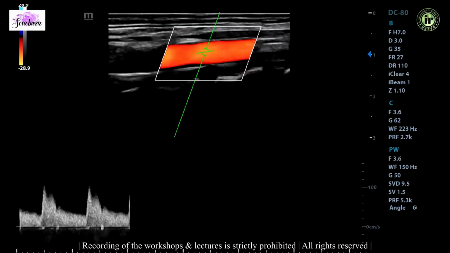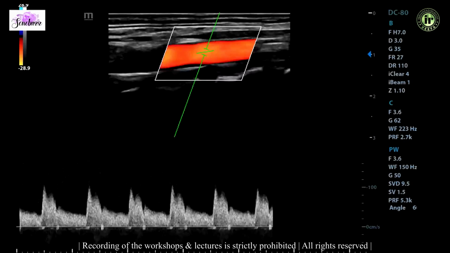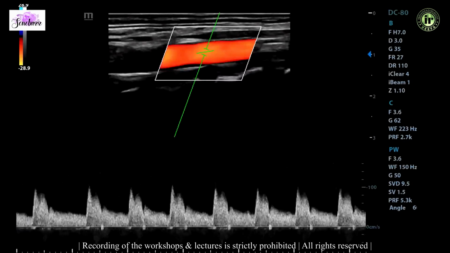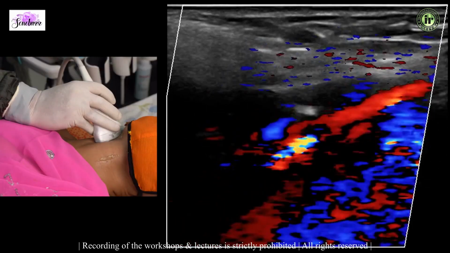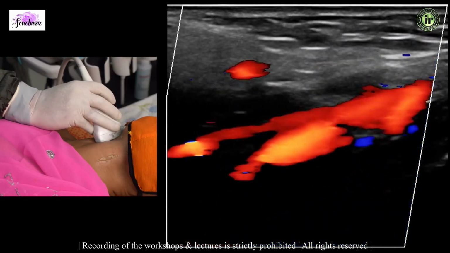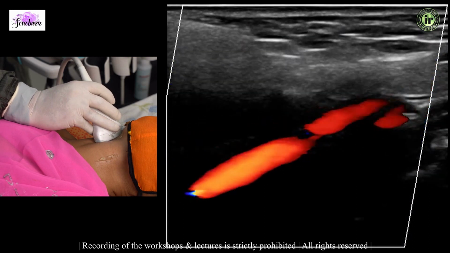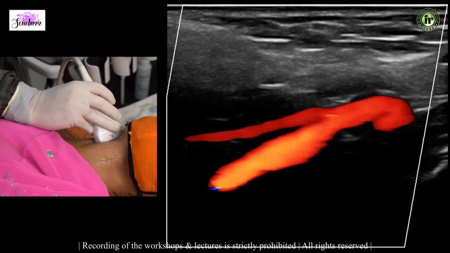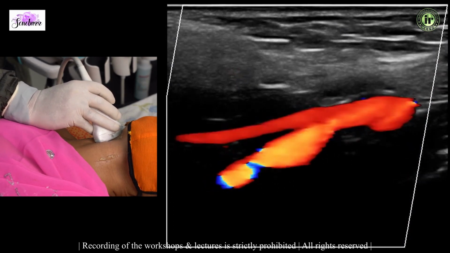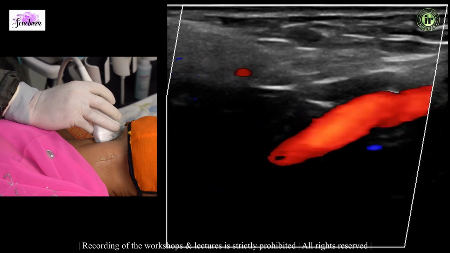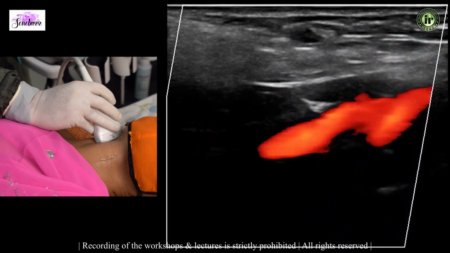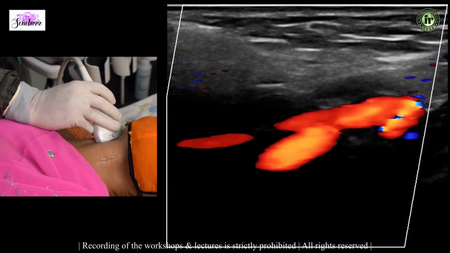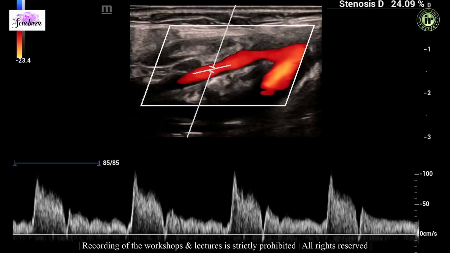And I progress to the bifurcation, steer the beam, try and get the external carotid. External carotid does not supply the brain entirely. There's only one branch, the middle meningeal, which supplies the brain, and therefore you expect a medium resistance waveform there, where you have a good forward diastolic flow and a deep pre-diastolic notch again. So this is a sign of a medium resistance artery, and ECA is a typical example of a medium sized artery. And if you want to confirm it is an ECA, all you need to do is do the spectrum